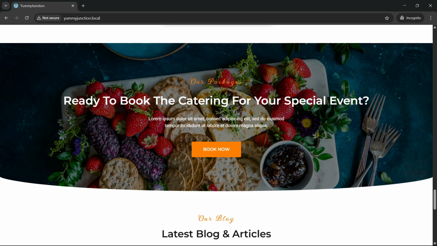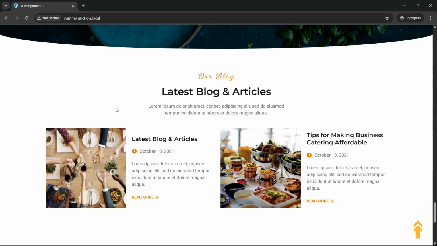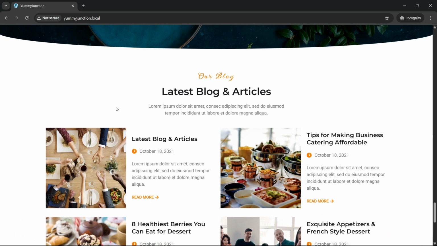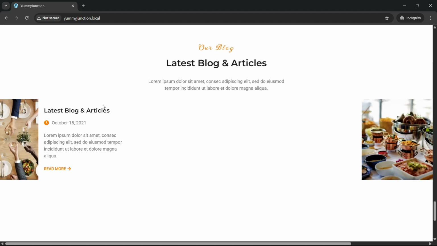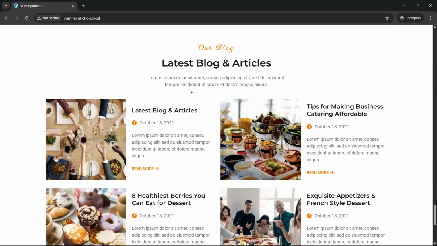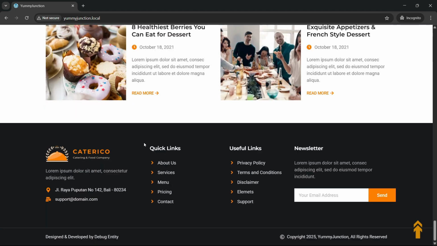So I will show you how you can make this also. Then here we have the blogs and articles section, and here also we have this type of animations. So here are the animations which will come from left and right. Okay, so let's go below, and here you can see that we have the footer section where we can showcase